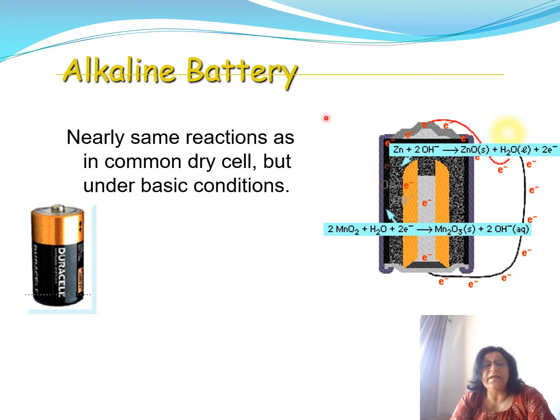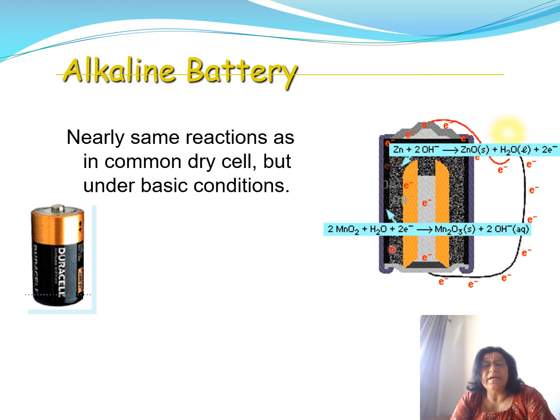Okay, next is the alkaline battery. Nearly the same as a common dry cell, this one, Duracell. Here the reaction at anode is zinc plus 2OH minus gives you zinc oxide plus water plus 2 electrons. So this is the oxidation reaction that happens at the anode, on the outer walls of the